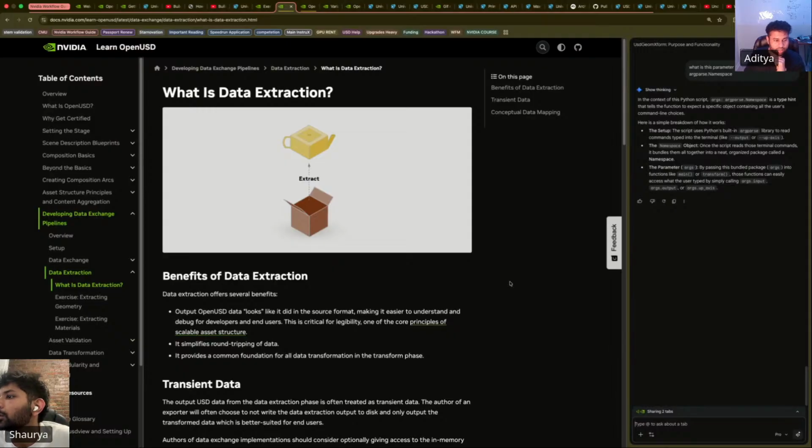Transient data. The output USD data from the data extraction phase is often treated as transient data. The author of an exporter will often choose to not write data extraction output to disk and only output the transformed data, which is better suited for end users. Authors of data exchange implementation should consider optionally giving access to the in-memory